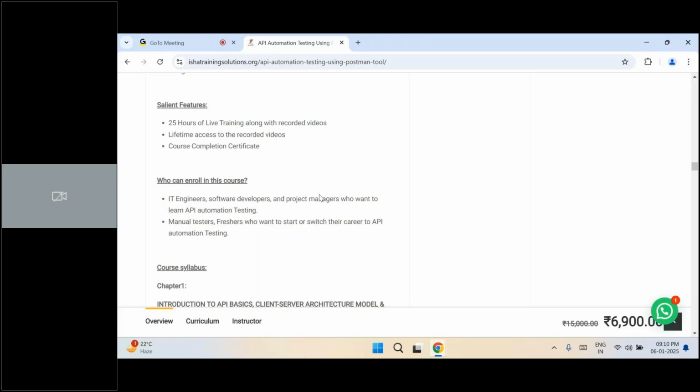Okay, and you will get access to the material from me through Google Drive, so you don't have to worry about the notes. It's already prepared. You will have it. It's not a PowerPoint presentation. It's not a PDF. It's a document that I have prepared, and a document that I keep updating with every batch, so you get the notes, which is very much the latest.